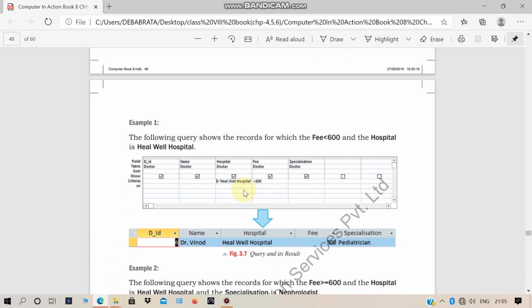Before starting, I want to recap the previous steps. You have already clicked on the Create tab. You have gone to the Query Design option. Then you have already created a query. When you have clicked on the Query Design tab that I'm showing you here,